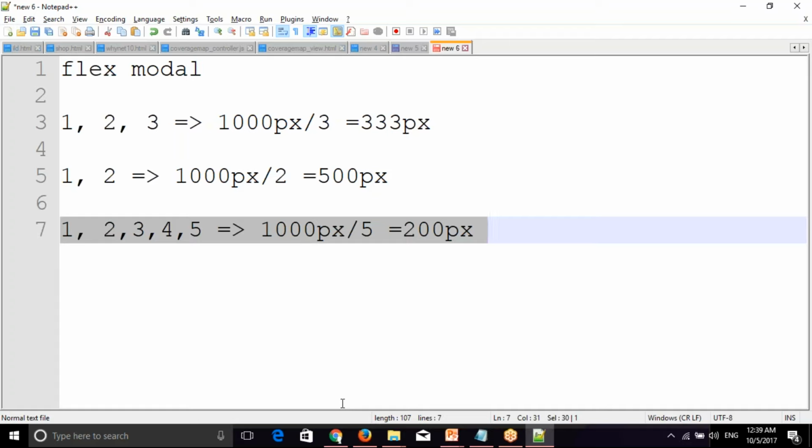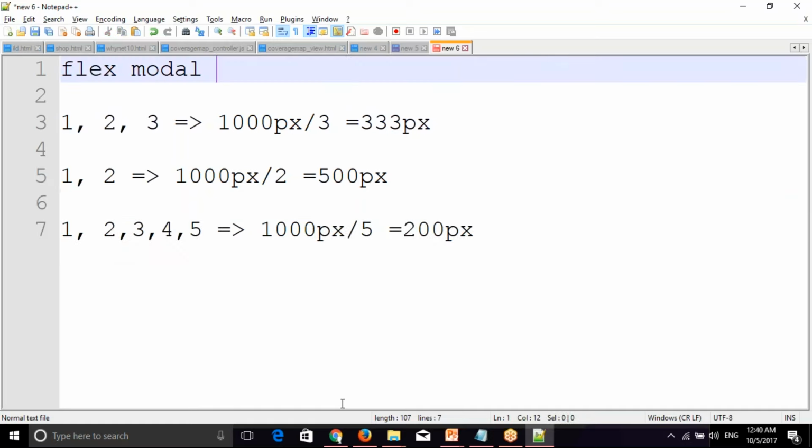That's what we want, but we can't do that with CSS, especially with Bootstrap. Coming to the flex model, it has a built-in feature that automatically adjusts elements in one row. How many you want doesn't matter, whether it is 60 pixels or 30 pixels. It will take all the common sizes in a common way. That's what the flex model is about.